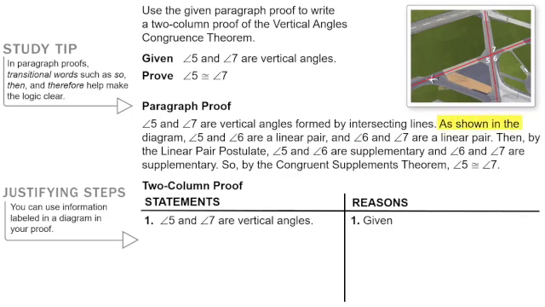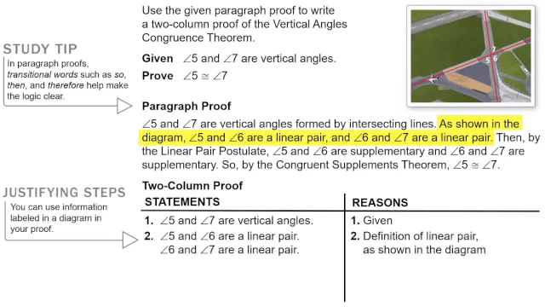Now we're going to look at the picture that's given and say, as shown in the diagram, angle 5 and angle 6 are a linear pair, and angle 6 and angle 7 are a linear pair. We're using our knowledge of angles to make that statement, and the picture shows these angles on the same line, so we can call them linear pairs, okay? And the reason we're going to give is, well, that's the definition of a linear pair,